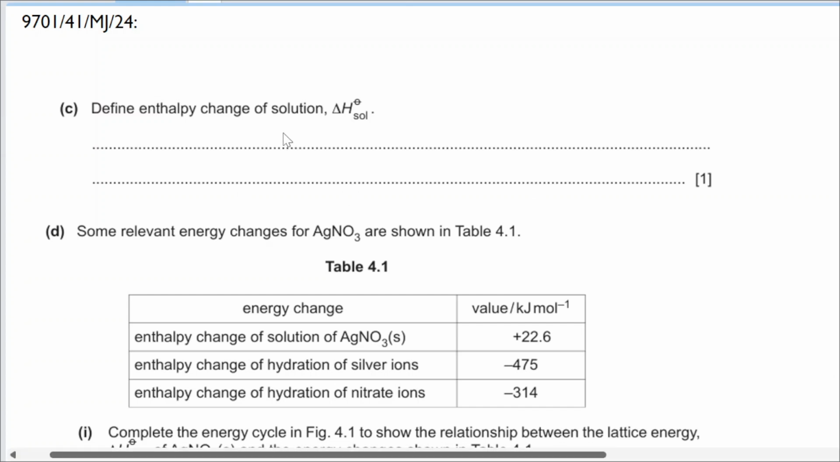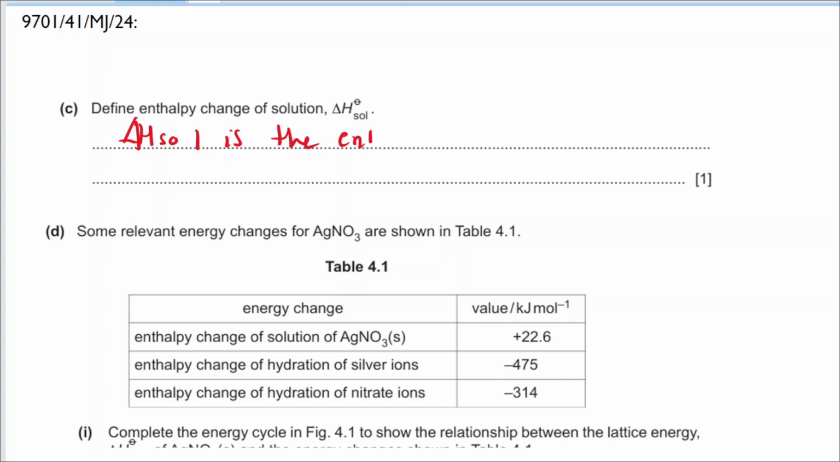Right, so let's get started with the first one. This paper is from 2024 major, and the first question is: define enthalpy change of solution. Now we have done this already, right? The definitions. So we say that enthalpy change of solution is the energy change or the enthalpy change